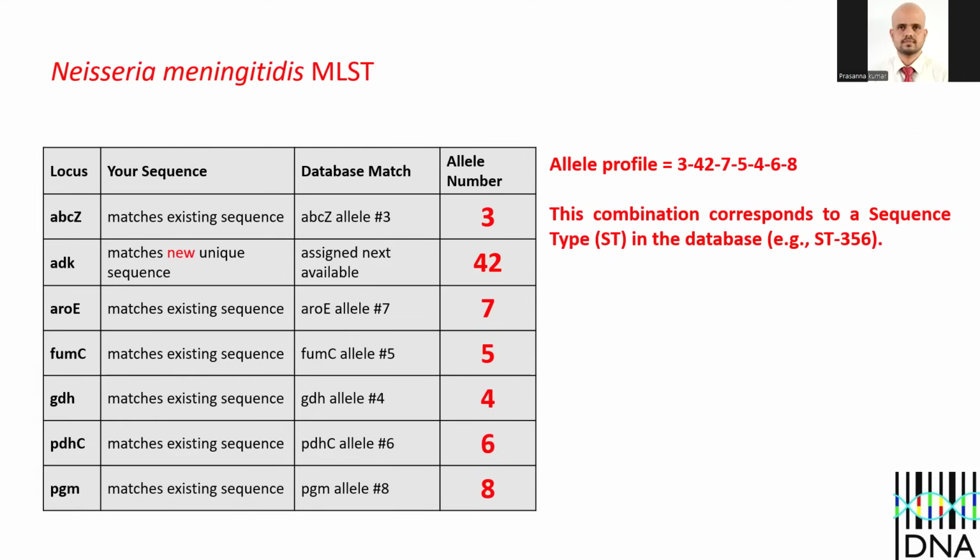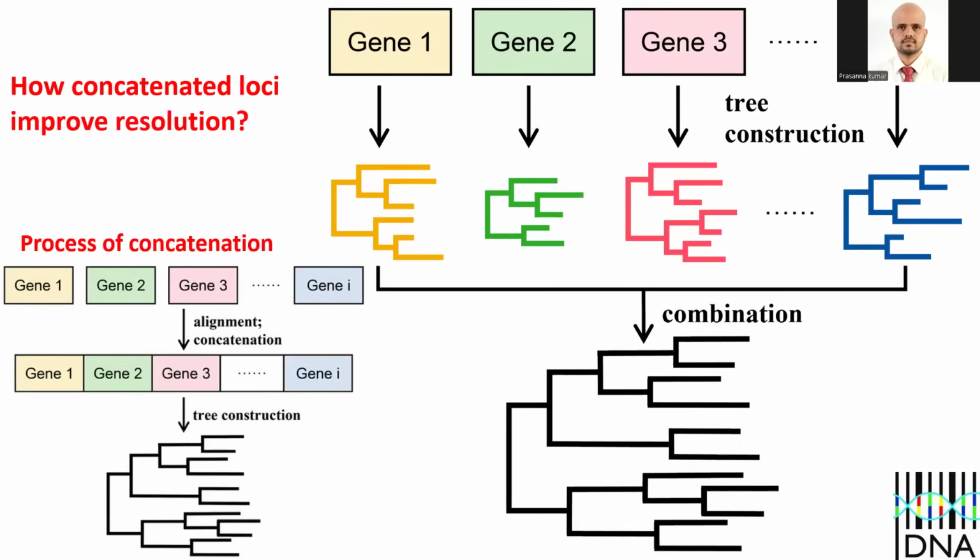Okay. So basically, multi-locus gene sequencing is the usage of multiple genes for precise identification. We have just seen various examples of why to use multiple genes. And see what will happen if you use multiple genes. When you draw a phylogram using a single gene, see the resolution of the phylogram. But when you use multiple genes, see the resolution of this phylogram, which is a combination or